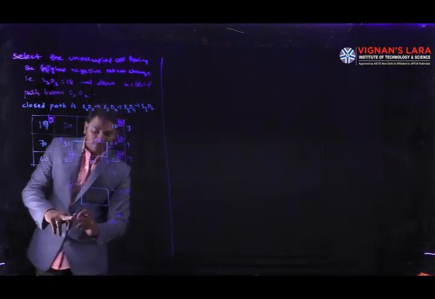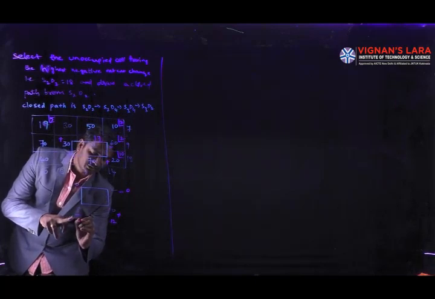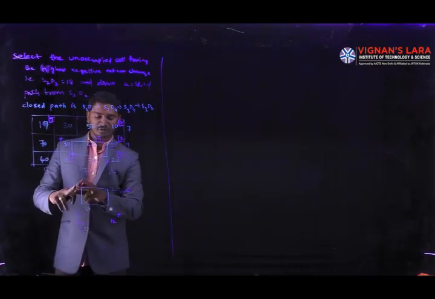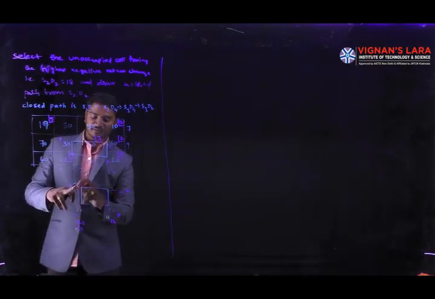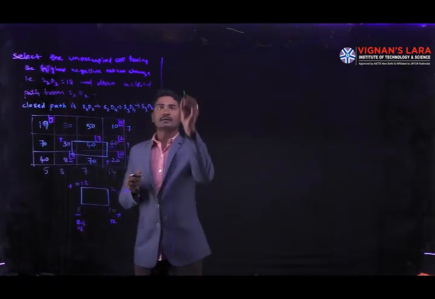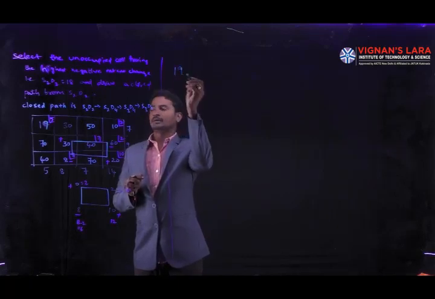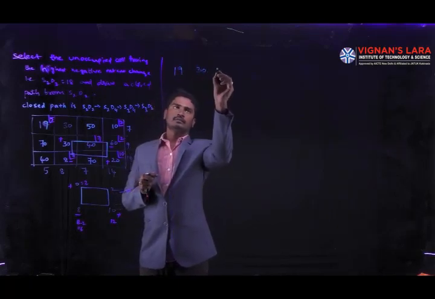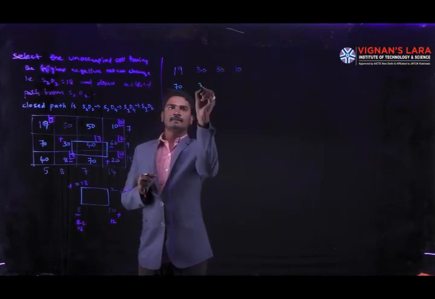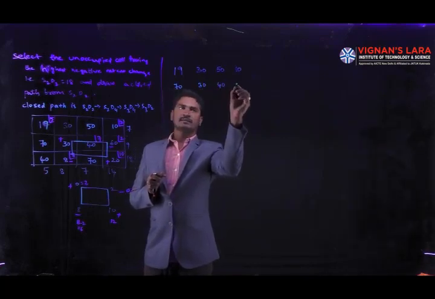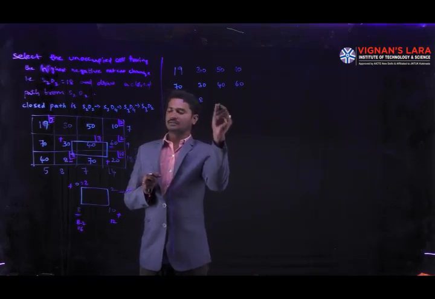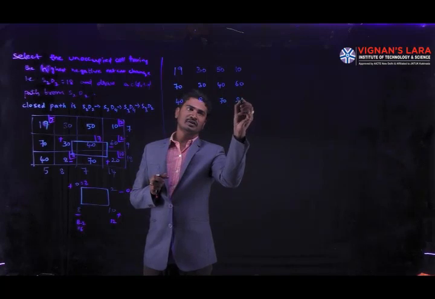Now here the negative sign is there, so from this we subtract 2 units: 18 minus 2 is equal to 16. Here we have 0 units, and we add 2 units to it, so we get 2 units. Then for the new allocated cells, we take here 19, 30, 50, 10, and here 70, 30, 40, 60, and here 40, 8, 70, 20.